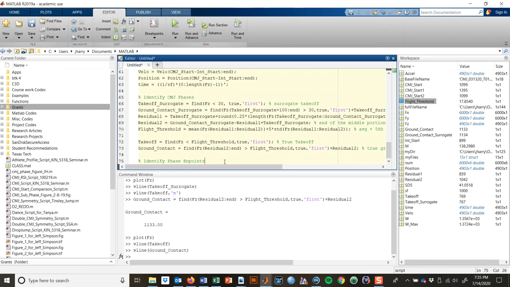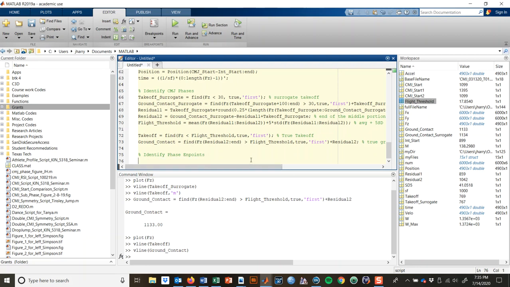All right, so the first endpoint we're going to find is the end of the braking, eccentric braking phase, as I call it. Now, if you're using other phases, most commonly this is the exact same phase as a braking phase, and in certain papers, as a stretching phase. But we like to specify the predominant muscle action, estimated by way of whether the lower extremity is absorbing energy or producing power. So that's kind of the gist of it. So we're going to find the end of the braking phase. And so I'm going to say braking end, we're going to call it,